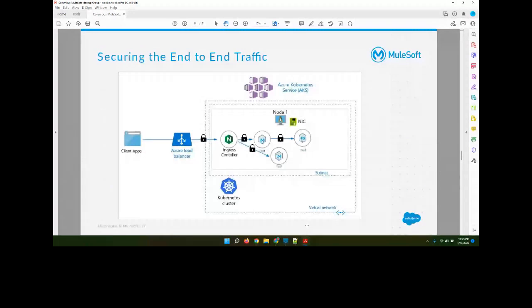So here is what we are going to focus on. You see on the screen here, towards the right-hand side, you have this AKS cluster, right? So that's the Azure Kubernetes Service. That's the outer, that's the second dotted line in the screen. The first one is the virtual network, because everything resides in a virtual network in Azure, and then we're going to have that Kubernetes cluster inside of that VNet,